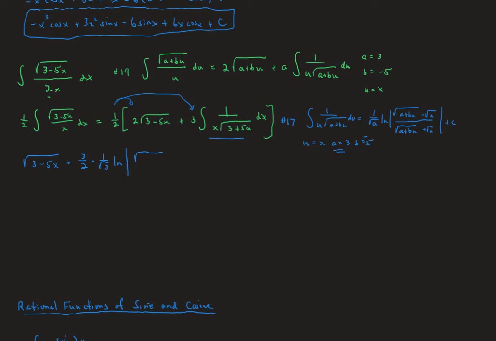Okay, so then we're going to get the natural log of our a plus bu, which is going to be 3 minus 5x in the radical, minus the square root of a, which is the square root of 3 for us, all over, and our a plus bu is again going to be the square root of 3 minus 5x, and this time plus the square root of b, which is u. So that's where we're going to get, and that's our final answer right there. Okay,